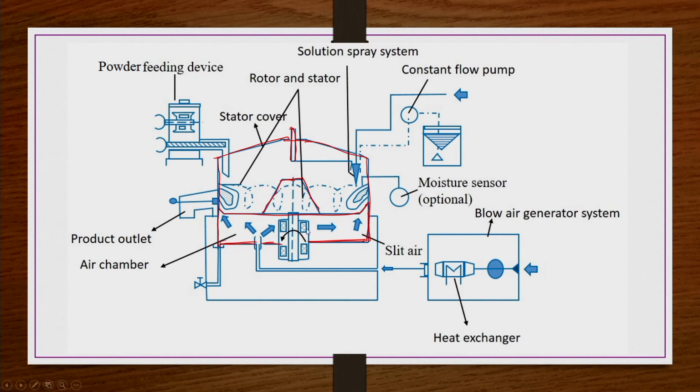Here is the main section, actually. To this section the powder comes through the powder feeding device and then joins this container here. And then there is also a provision for a constant flow pump, so that the liquid binder that you need to use for the size enlargement can come here. This is just a schematic representation only; the inputs may not necessarily come at the wall of the container, they may come somewhere here, or somewhere here, something like that.